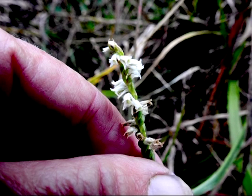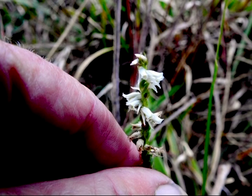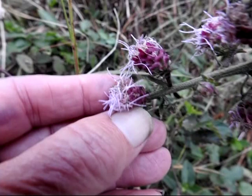Now these little ladies' tresses, Beatrice? Yes, little tiny ones, and that's about a foot tall, the whole plant. Oh, really? And then here's